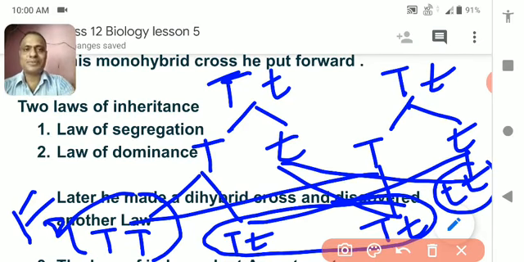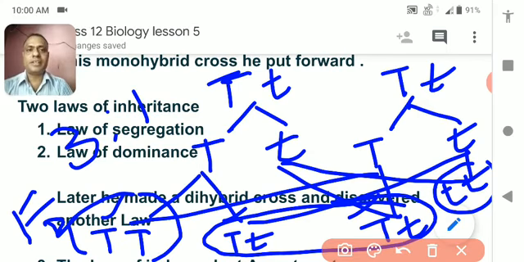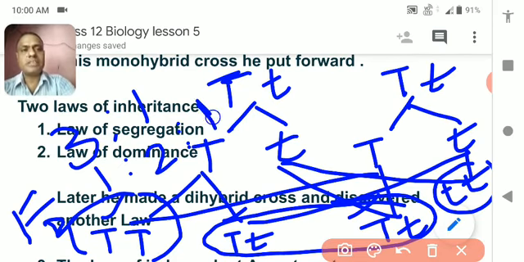I think you understood very well. So in this case, what was the phenotype ratio? 3:1, because three of them are tall, as they contain capital T. And what is the genotype ratio? 1 is pure tall, 2 are hybrid, and 1 is small t small t, meaning dwarf. So that is the phenotype and genotype ratio. I think you have understood the monohybrid cross very well.